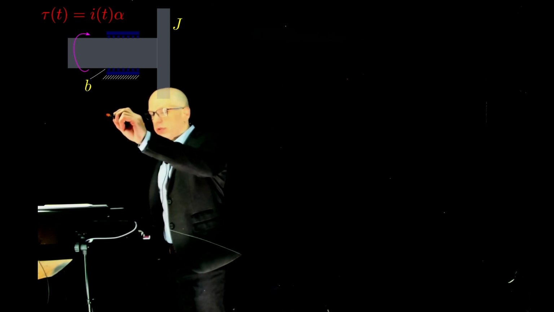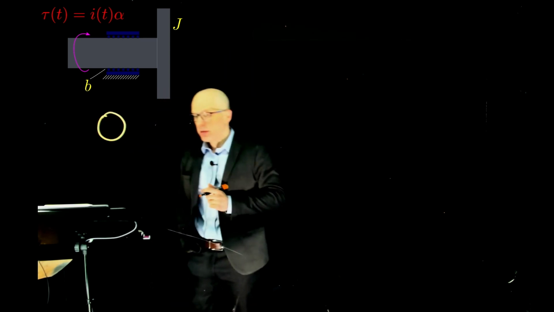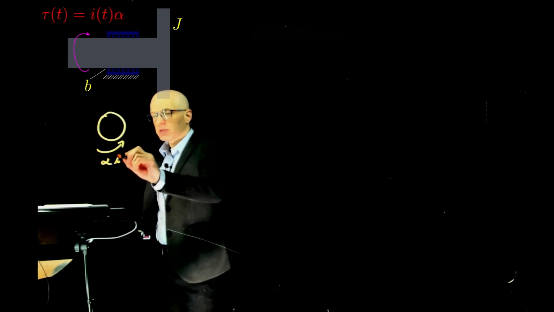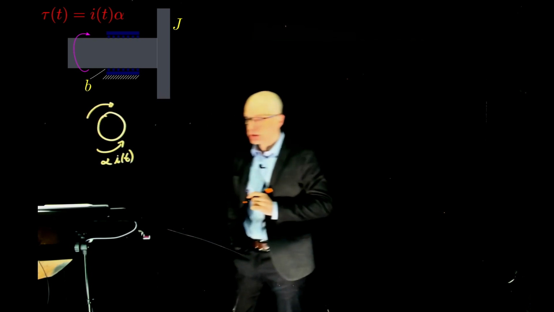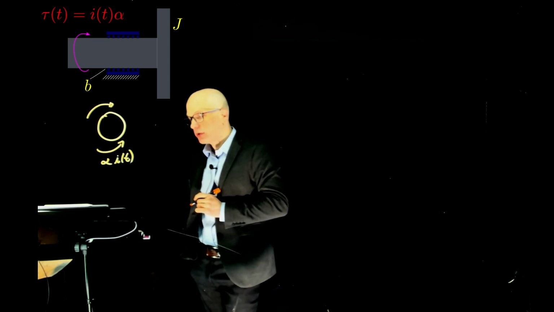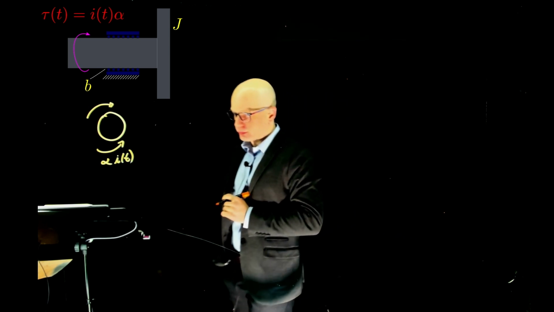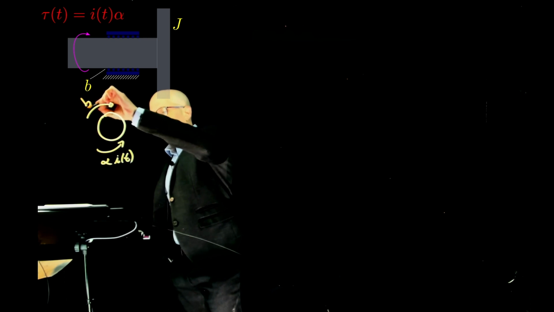Let's assume, for example, that this is the load. If you look from this side here, we have a torque being applied to it. This torque is alpha times I of t. And there is friction. Friction will act against the input torque, against the speed of this shaft. And what is the magnitude of the torque applied by friction? It's the coefficient of viscous friction times